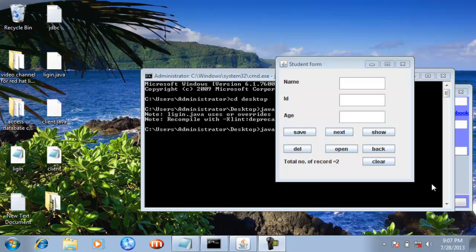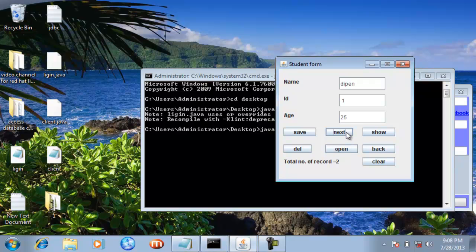So now guys, we will see how we can view all the records which exist inside that MS Access database. In order to view all the records, you will first click open, and then you will click next.